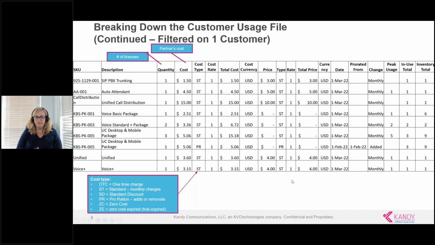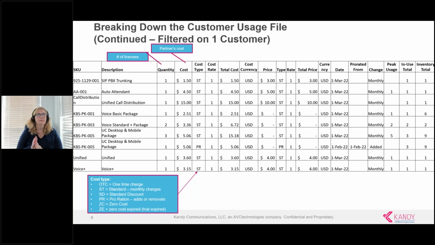So the customer usage file has, at the beginning of the month, it will automatically put an ST, or a standard, for everything that's provisioned on the 1st of the month. But it will also look back at the previous month and say, okay, what happened after the billing file was written? So anything that was provisioned after that, let's say from the 2nd of the month through the end of the month, will be on the customer usage file as well. So it will be billing in advance, but it will also be a true up of anything that occurred from